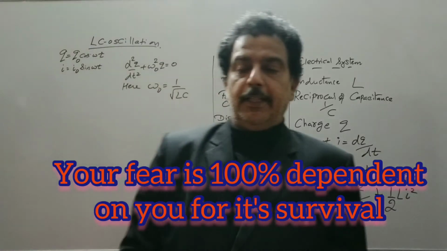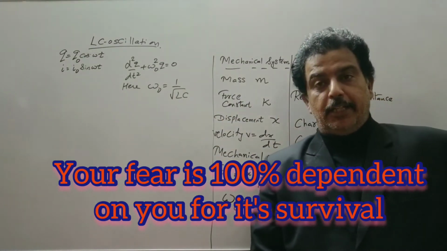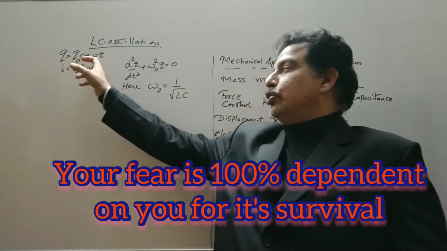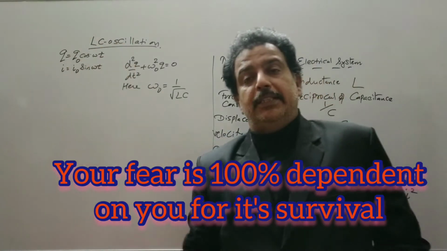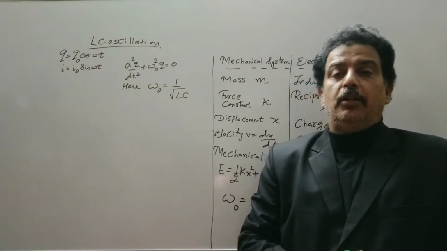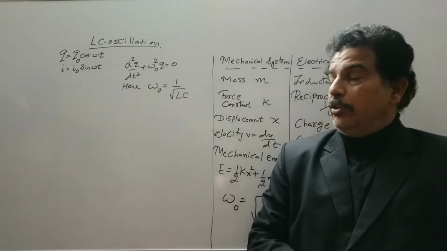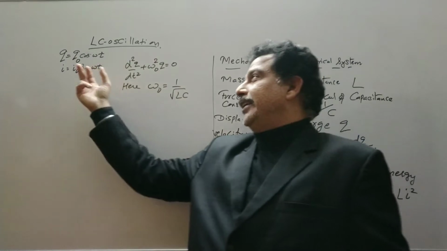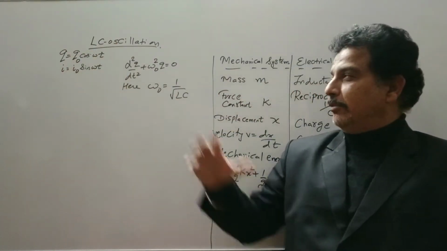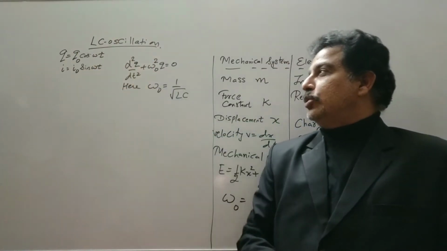Hello students, in the last lecture we were doing the LC oscillation circuit and we derived that Q was equal to Q naught cos omega t, where the capacitor was initially fully charged. So the charge stored in the capacitor was maximum, denoted by Qm at that time, that is at t equal to 0 the maximum charge was Qm. Here we have used the symbol Q naught, so you can use either of these two symbols.